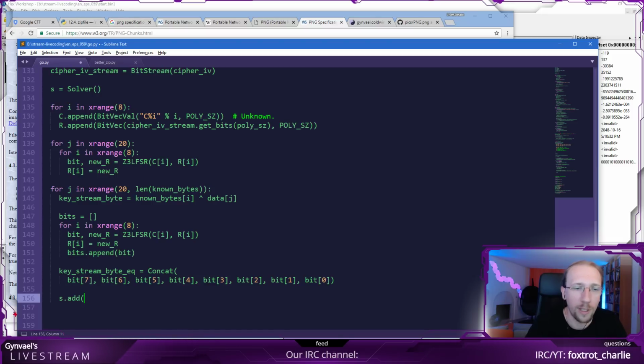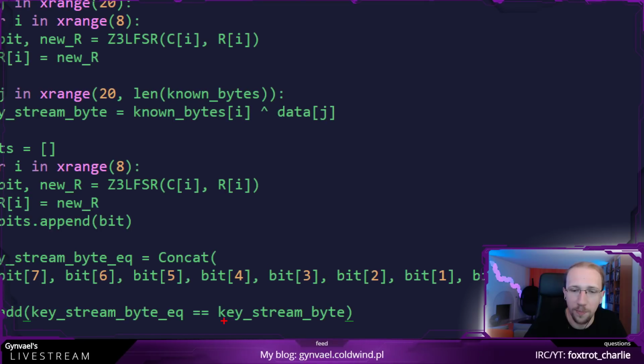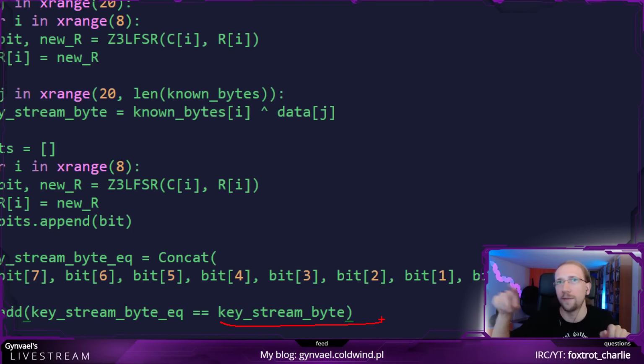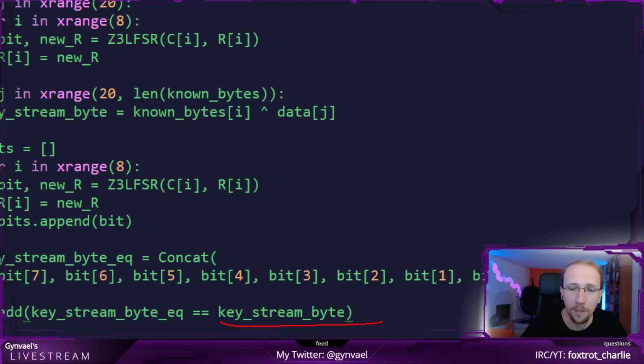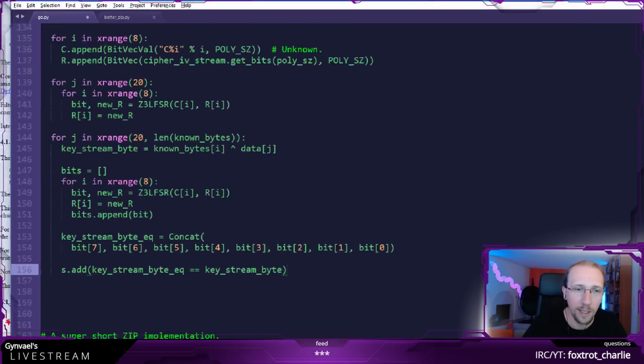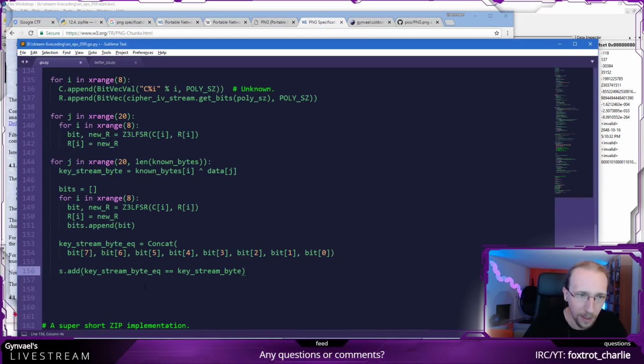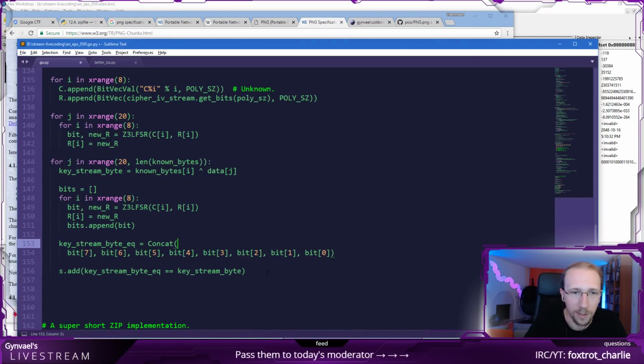So I need to add the constraint that the keystream byte has to be equal to that thing. Now I might want to use BitVecVal or BitVec here, but it will be automatically converted anyway. And I need them to match. They need to be identical, and all the constraints I add need to be met. So after this is added, by the way, there's one more thing here.